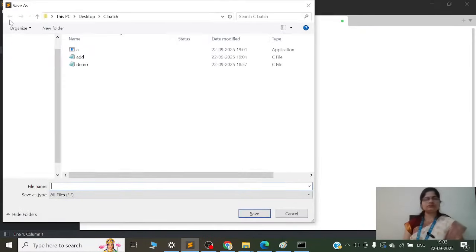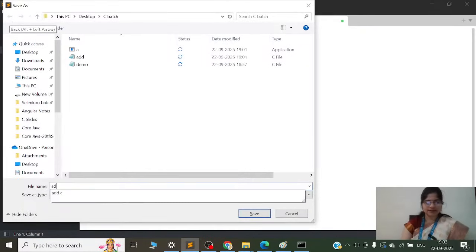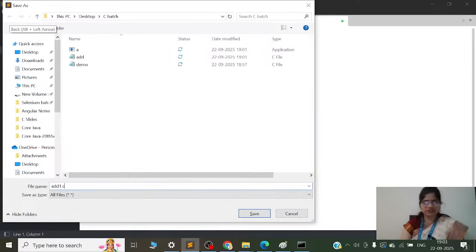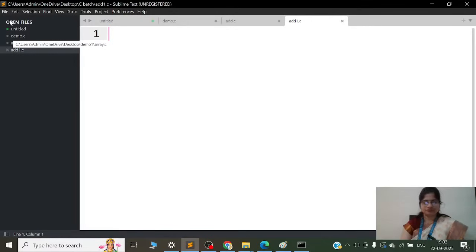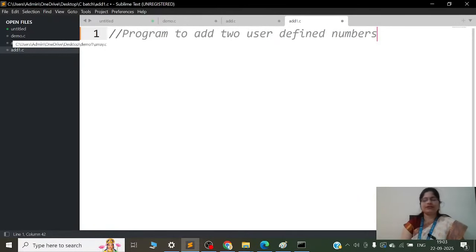So for that, see, add1.c. Program to add two user defined numbers. यूजर डिफाइंड नंबर्स का मतलब है यूजर ने जो नंबर डिफाइन किया है उसका एडिशन होना चाहिए, ठीक है.